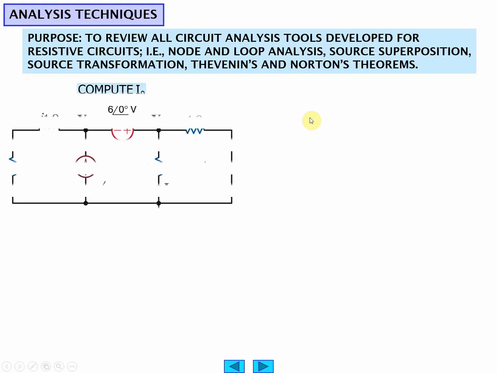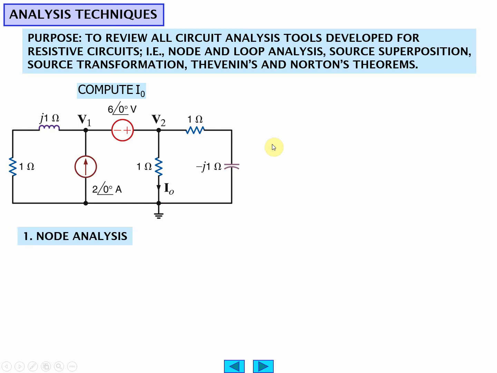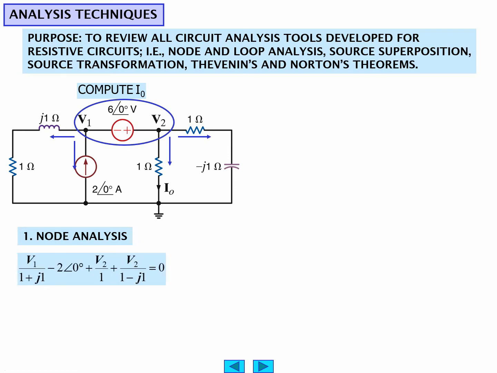So we have to compute I0. We have a voltage source and a current source. The book went through, I'm going to go through these kind of quickly. Node analysis. So we have this node right here and this,